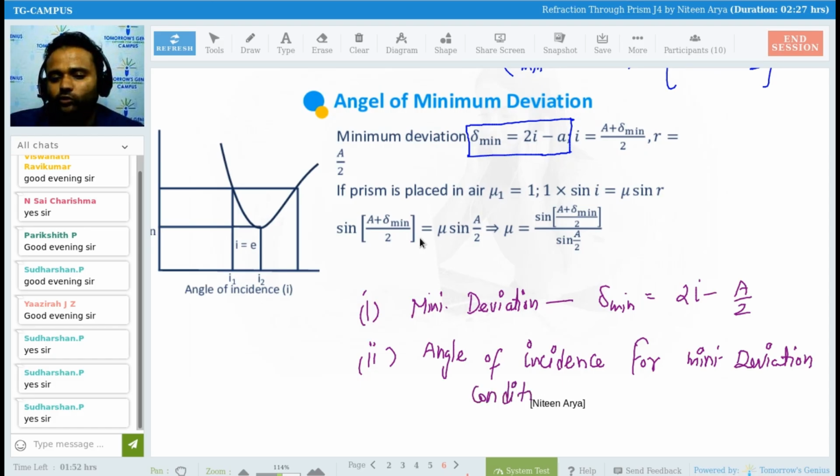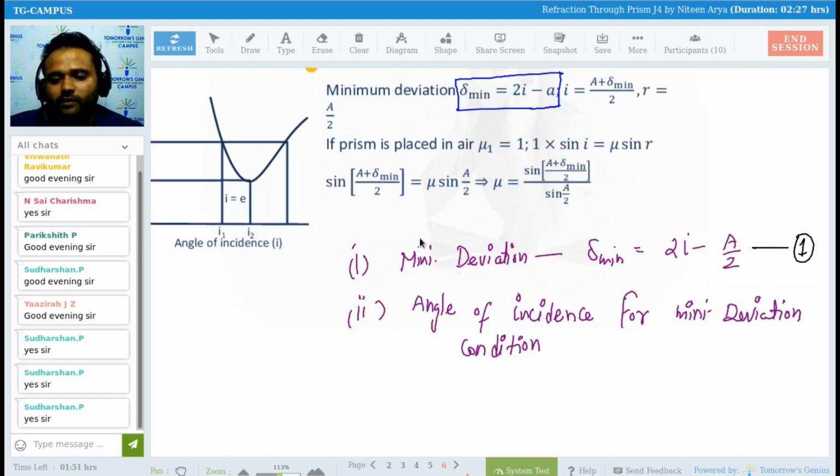So obviously the minimum deviation condition is going to use the upper formula, formula number 1 on this page. Clear? So using this particular formula number 1 on this page, what we can get,